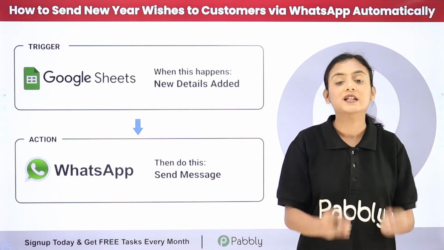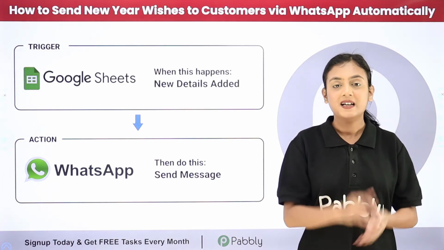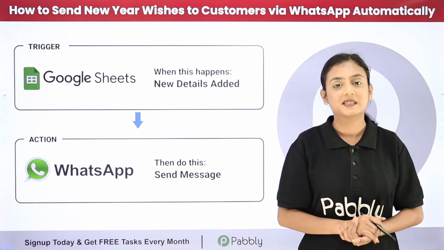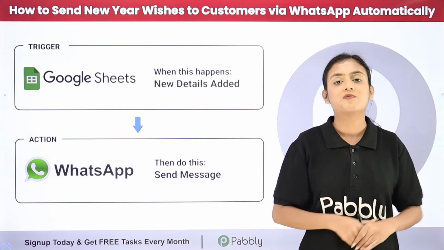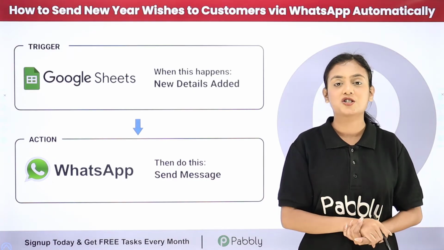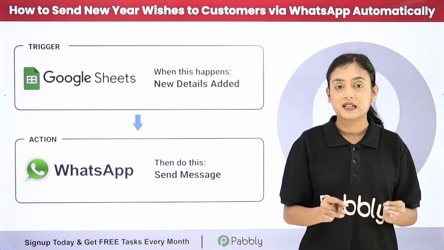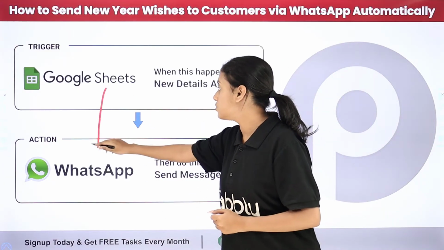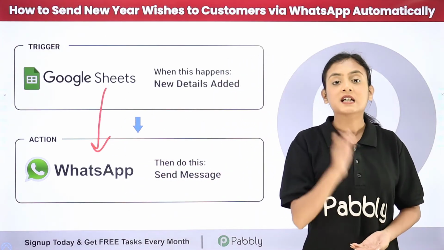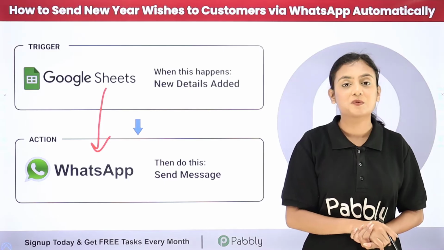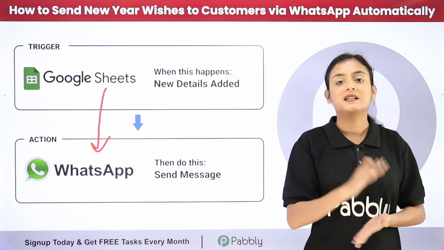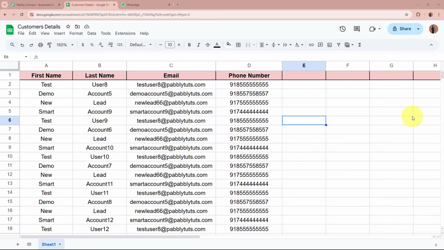Now doing this manually is going to be very time consuming. So what I've done is I've simply automated this entire process with the help of Pabbly Connect, which is an amazing automation and integration software. And using it, I have created a connection between Google Sheets and WhatsApp. So if you want to learn about this amazing automation process step by step, let me take you to my screen. In this video we're going to learn how to send New Year wishes to customers via WhatsApp